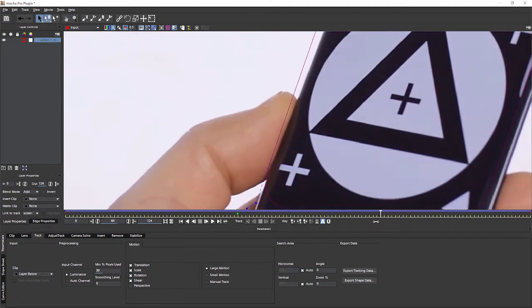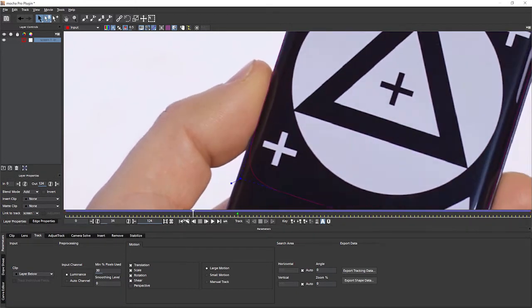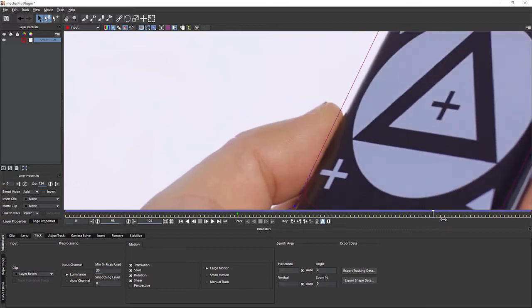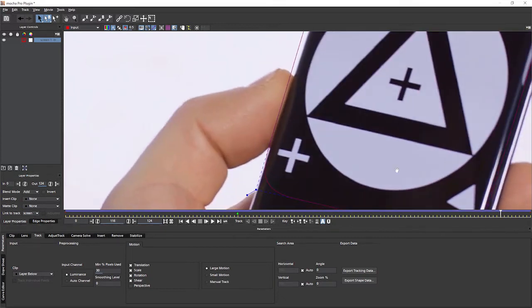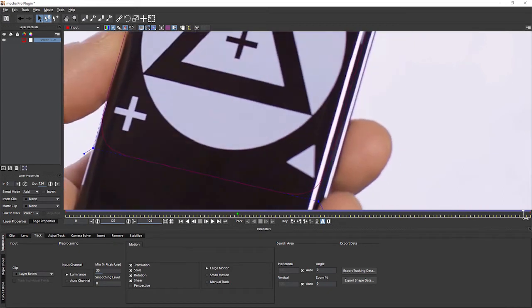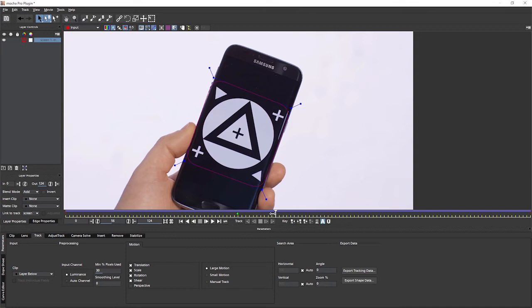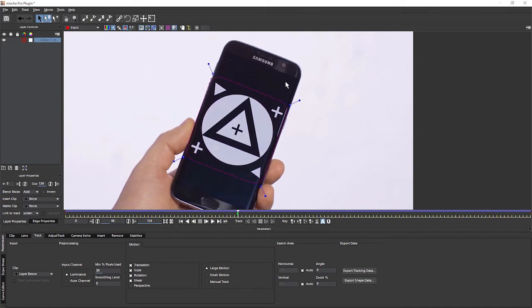So if you're finding things are a little bit tricky, have a little look through your footage one more time and see if there are any reflections that are coming in or any sort of bright things that are coming in to ruin the day. And if there are, well, what can we do about it? Well, the one thing we can do about it is make sure that we don't include them in our shape. So if I create a new layer here,